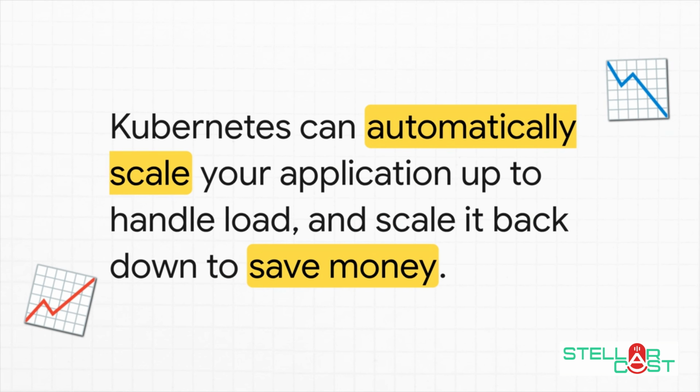Well, the secret weapon is auto-scaling. Kubernetes is always watching. It's watching the traffic, it's watching the resource usage in real time. So when a huge wave of users suddenly hits your model, it automatically scales up, adding more and more pods to handle the load. Then, when things quiet down, it scales back down to save you money. It's a living, breathing, dynamic city.